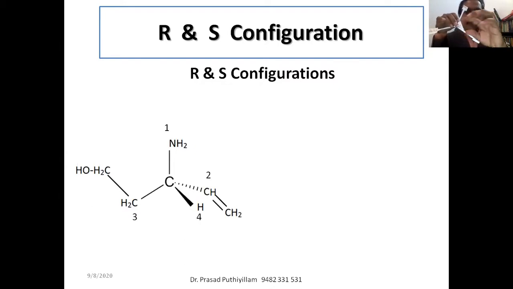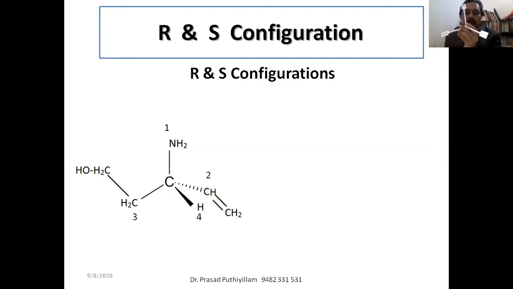Now what happened here, as shown on the screen, the hydrogen is facing us. So as per the CIP rule, after giving the priority order, the least priority atom, here the hydrogen atom, should go away from the observer. You are looking from this side, therefore this hydrogen has to go away from the observer, so we need to rotate it. Rotating it and keeping it away from the observer. Then NH2, not atom, group NH2. Here it is the group with a double bond. And here it is the group with a single bond, CH2 single bond CH.